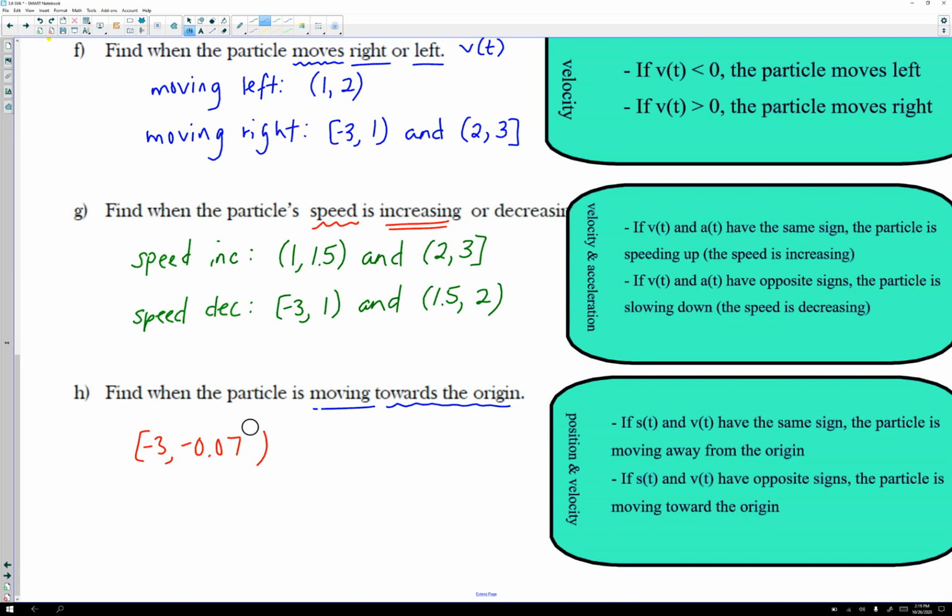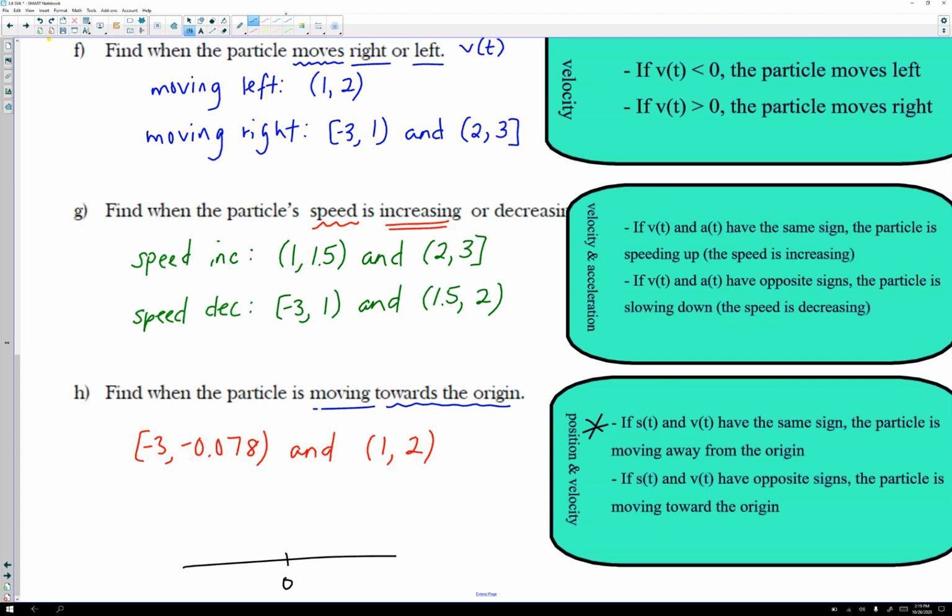That's an 8. All right, now what about when position and velocity have the same signs? If they have the same signs, which this question didn't ask about, but let's talk about it because it says it right here. If they have the same sign,